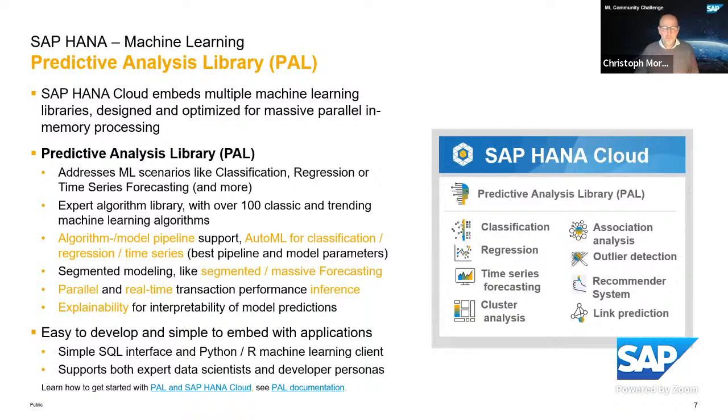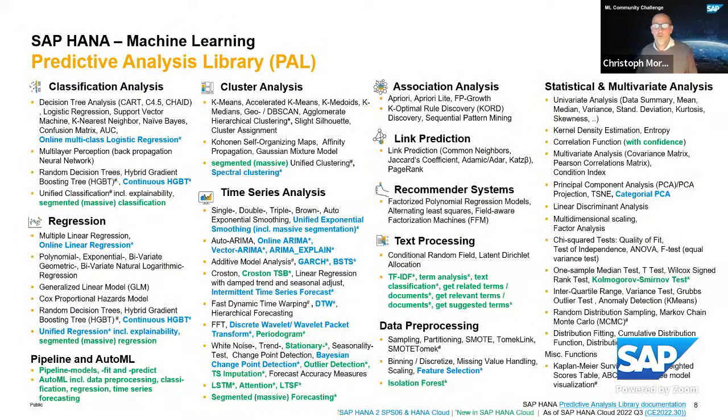It's also driven by the SQL interface as well as the R and Python machine learning clients. And here you see that there's a rich set of functions and algorithms available with the predictive analysis library. It is distinguished a little bit between the on-premise SAP HANA and the SAP HANA Cloud. Here in our challenge, we are sharing a HANA Cloud instance, which has all the algorithms you see here on the slide available, which you can choose and make use of as part of the challenge. Everything bluish and black is also available within your HANA on-premise installation.